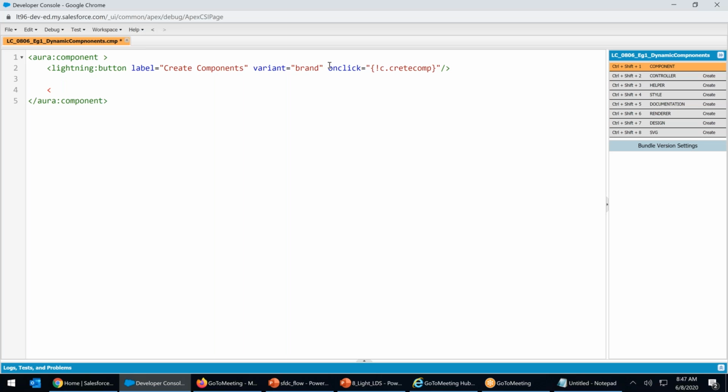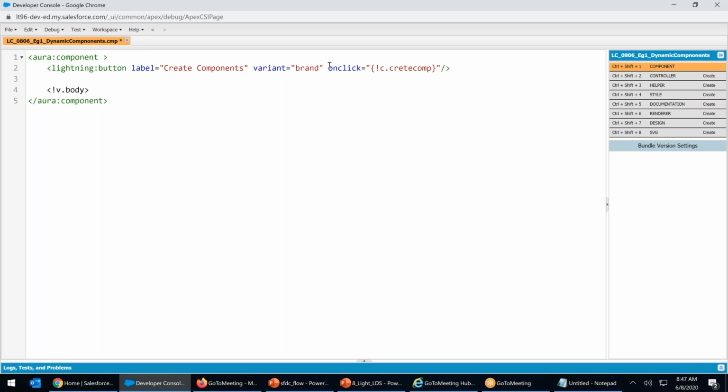By default you'll use {!v.body}. This is where the component will be displayed. Even though we have multiple components, more than one, we will use the same body. In this body only, we will push multiple components.